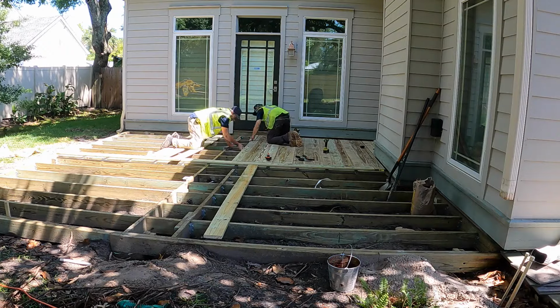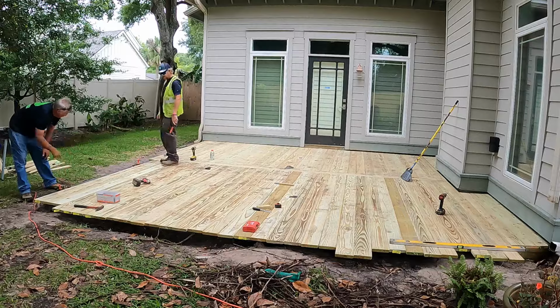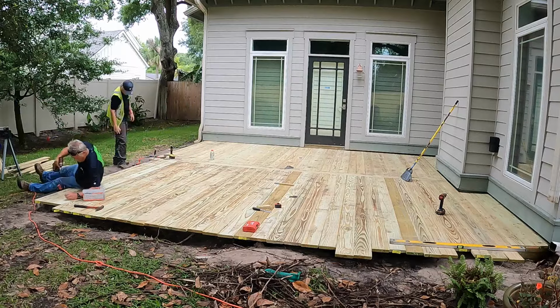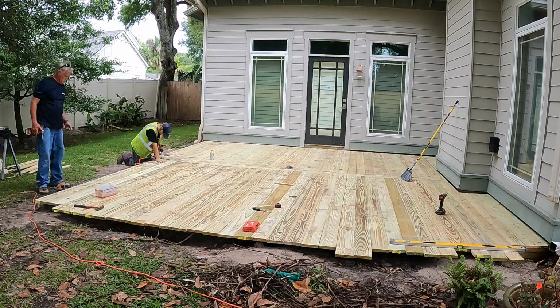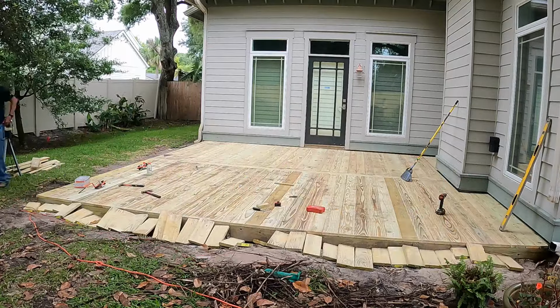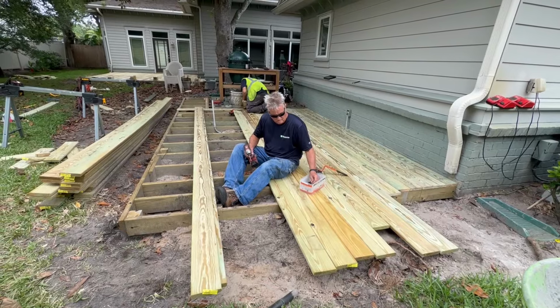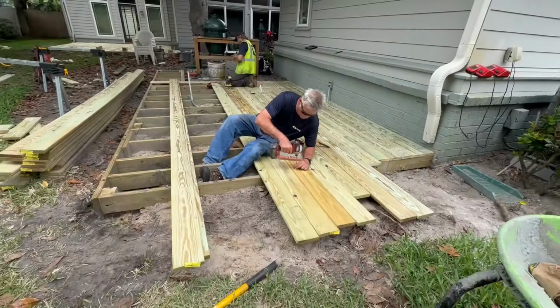decks, and we will then call in for a structural inspection for both of the deck areas before we can start building the actual enclosed areas and the gables and the roofs. After the initial inspection for the footers and the framing on both the decks, we began laying all the decking, and after the decking was done, we got another inspection for the decking to make sure that it adheres to